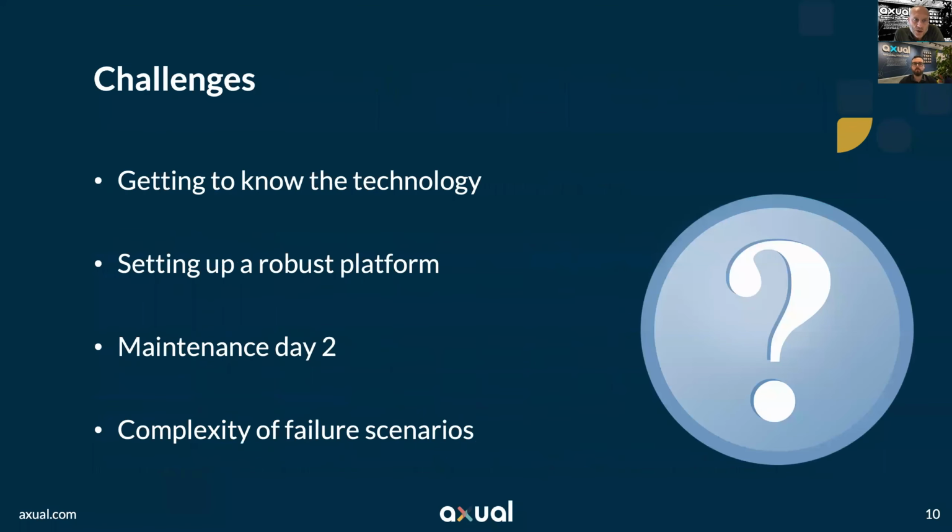But then Kafka can also give you quite some challenges because it does have a steep learning curve. So it's not easy to get to know the technology to an extent where you can really set up a robust platform that you can also maintain as a business critical or mission critical system. Day 2 maintenance is often feared.